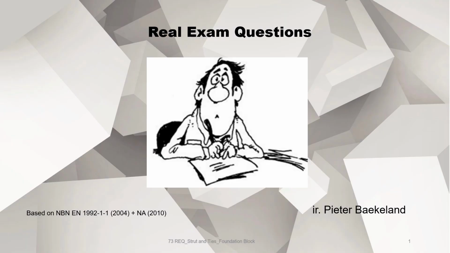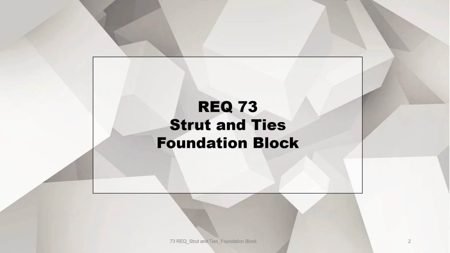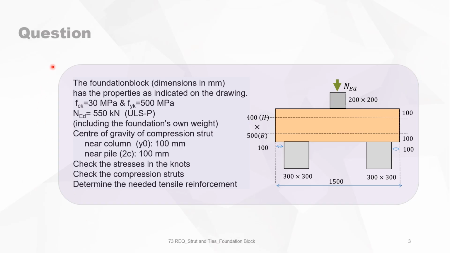Real exam questions. This is question 73 about strut and ties, and it will deal with a foundation block. The foundation block is shown here, and all dimensions are in millimeter. It has the properties as indicated in the drawing. The concrete quality is 30 megapascal, the yield is 500 megapascal, and the total load is 550 kilonewton in ultimate